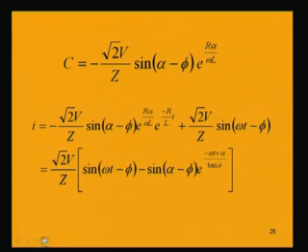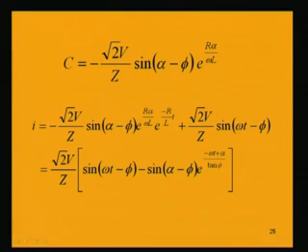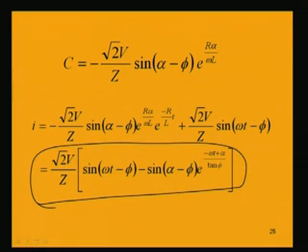So, now from this we will be getting the equation for this current i equal to minus root 2 V by Z sin(alpha minus phi) e to the power minus R by L t plus root 2 V by Z sin(omega t minus phi). So, finally, we get an equation which is giving the value of i, and we can see that the exponential term which is there,